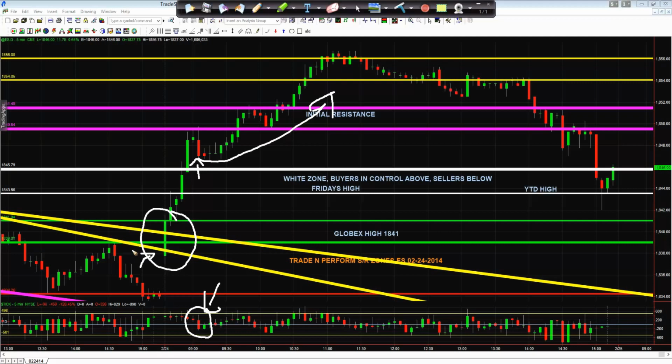If you managed not to lose money, that was the first victory you had today. Or even if it was a very small amount of money that was lost, that's a victory. Okay? Because these days, this is an 18-point move. A lot of damage can happen in a very short period of time. Number two, if you took the next step and were able to make profit off of this trade, that was